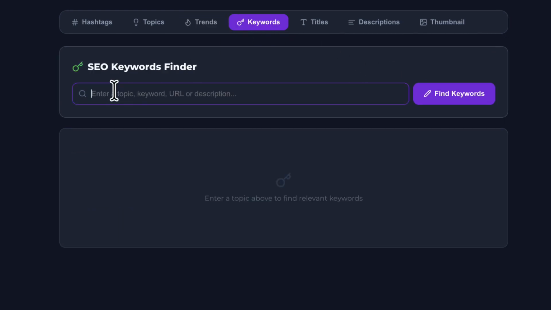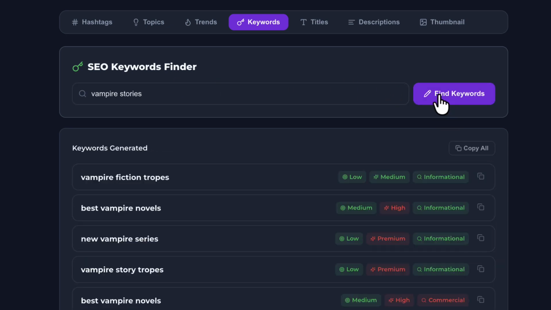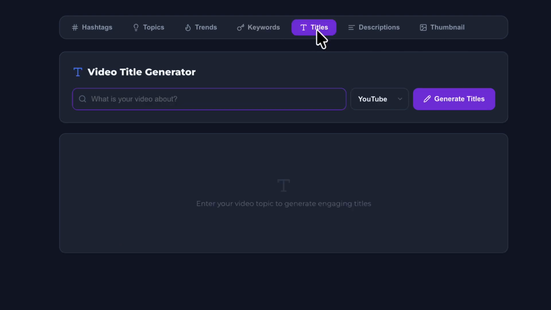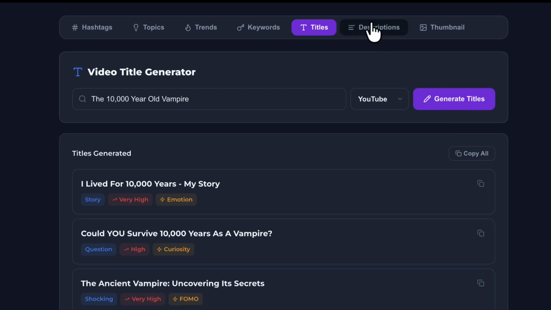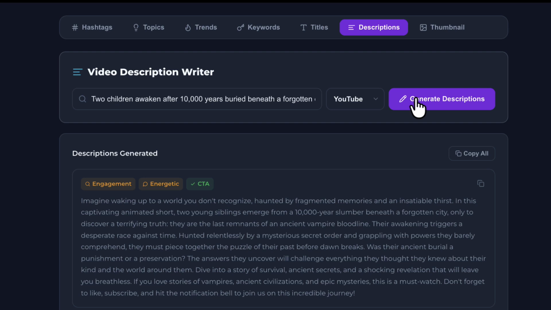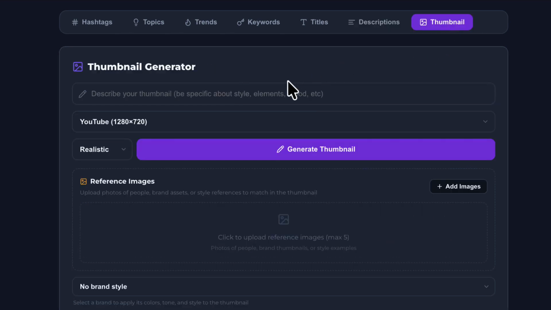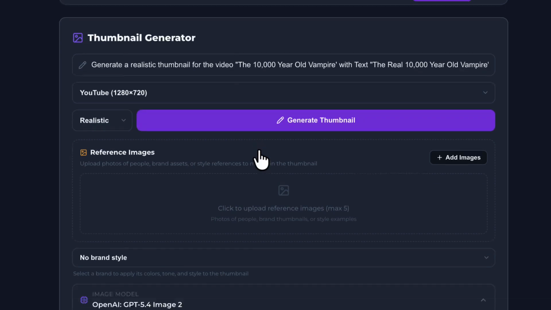Have MagicFlix find and add the best long-tail traffic and buyer keywords, seeing the competition and demand score, so that your videos will rank in YouTube, Google, and AI search far easier, pulling in buyers to the channel. Auto-optimize your title so it's more click-worthy with the title optimizer as well as the description so it will rank easier. Plus, create eye-popping thumbnails for any video, complete in your channel's brand style, pulling from reference images.